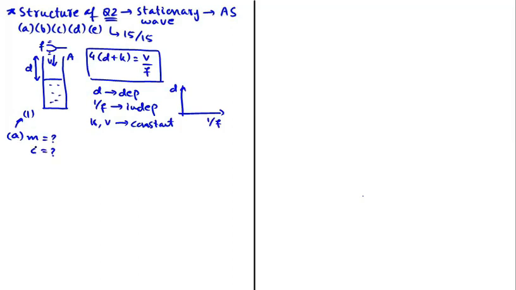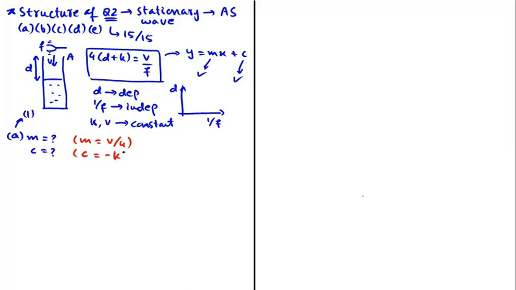Now, to determine the expressions for gradient and y-intercept, we always bring the given equation to y equal mx plus c form. And from that equation, we can easily determine the expression for gradient and y-intercept. I've already done that for this question, and this is what I got. The expression for gradient turned out to be V over 4, and the expression for y-intercept turned out to be